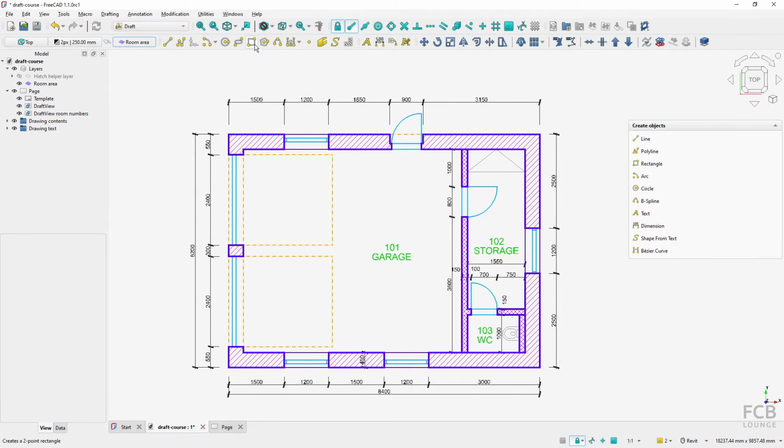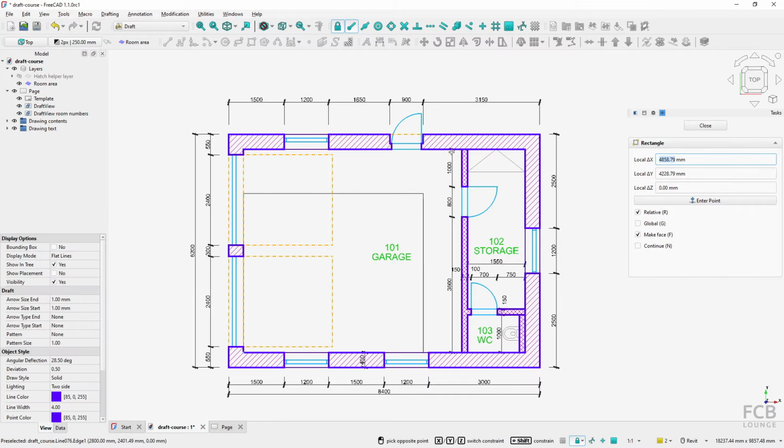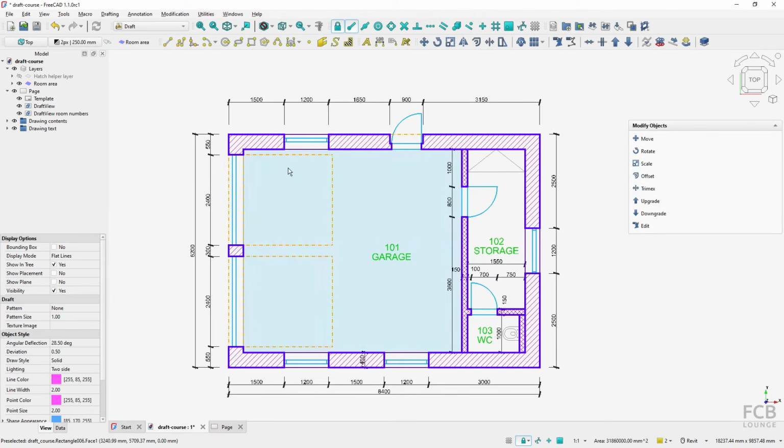And now I will create a rectangle. I will make sure that the face is turned on so I will see it easily. I've got my snapping turned on and I will create a rectangle from this point to this point. So basically the whole area of the room. And I will name the object by selecting it and hitting F2 and I will rename it to room